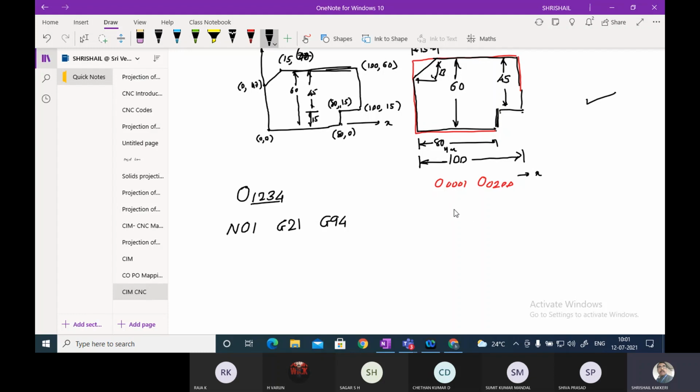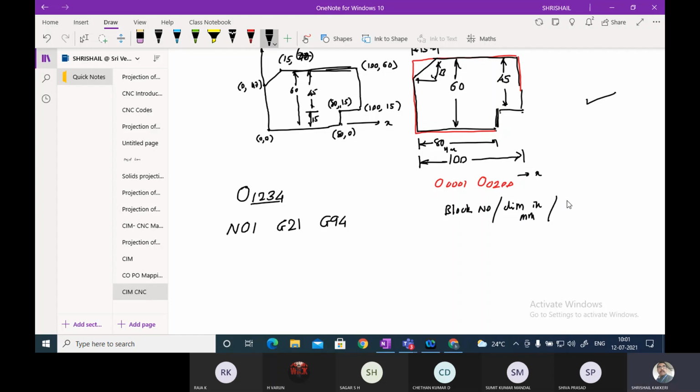I will be writing the same thing that I have written. It is the block number. You should not write this, I will just be writing. This first one is the block number. The second one, dimensions in mm.